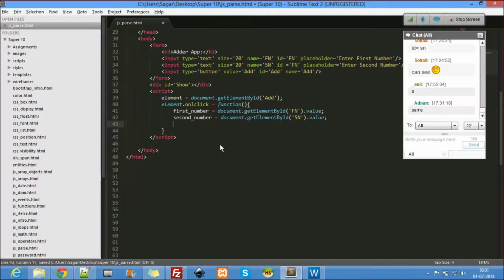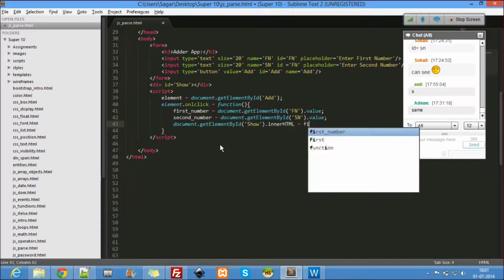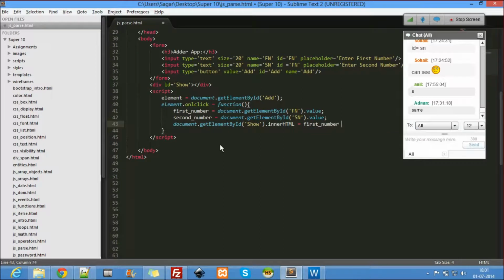So document.getElementById show dot innerHTML equal to first number plus second number. So I'm adding them, right? We give a number and we are adding and putting it in the show div.